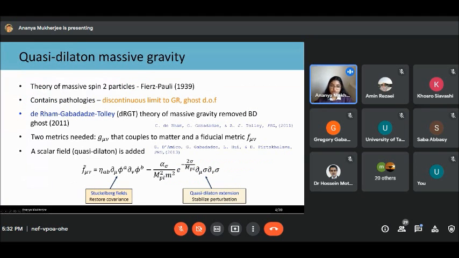So the quest for a complete theory of gravity mediated by massive spin-2 particles, known as graviton, started in 1939 with Fierz and Pauli. However, the theory had a number of pathologies. The massless limit did not recover GR. Also there are some ghost degrees of freedom. Until recently, in 2011,